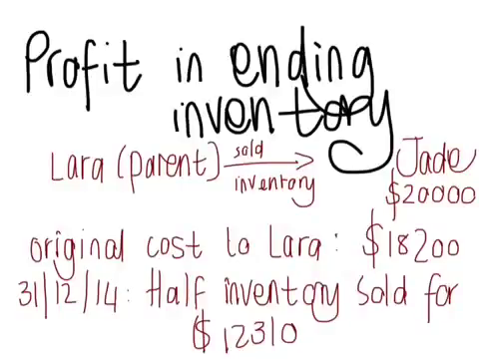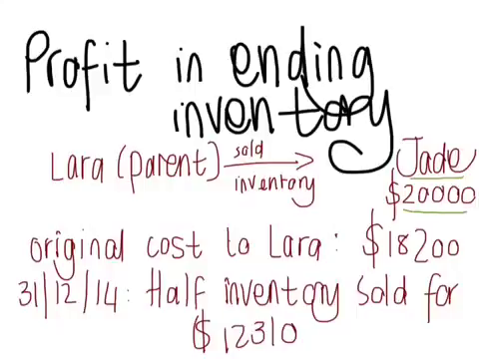In this video clip, I'm going to look at the consolidation adjustments required for a situation where we've got unrealized profit sitting in the closing inventory, the unrealized profit being from a group perspective. So I'm going to use one of the tutored questions, question 1713, and just have a look at the intercompany transaction regarding inventory. Now, the question told us that Laura, the parent company, sold inventory to their subsidiary Jade for